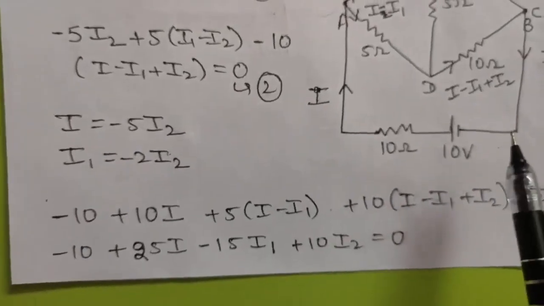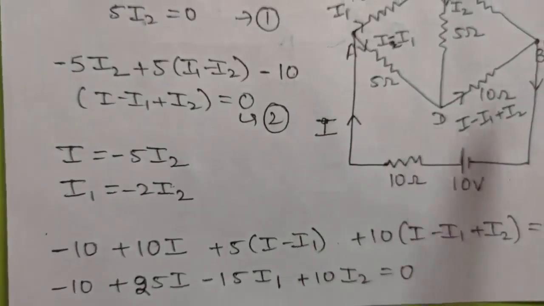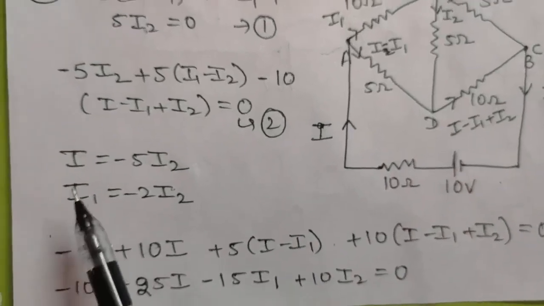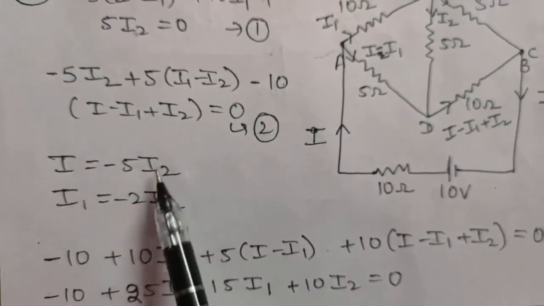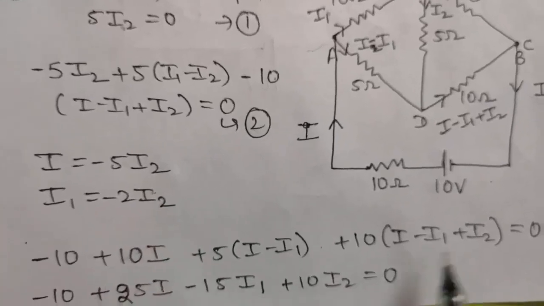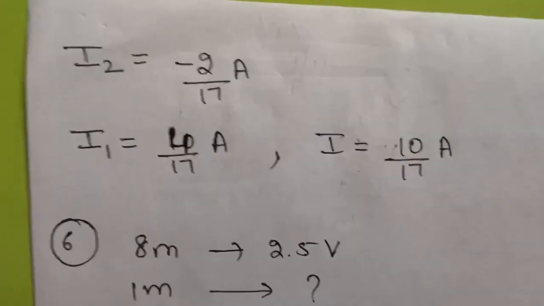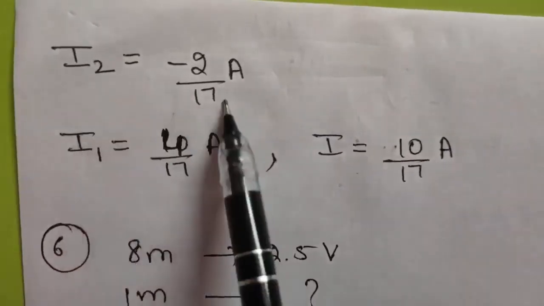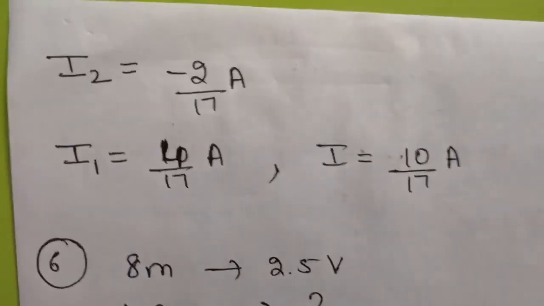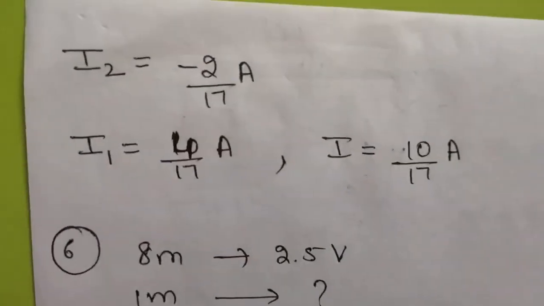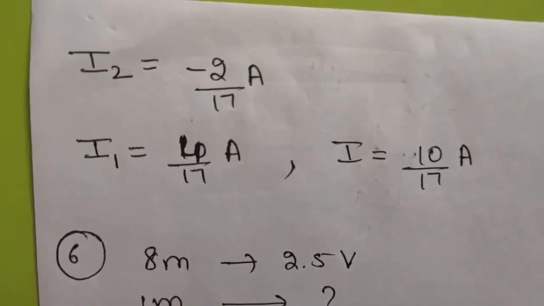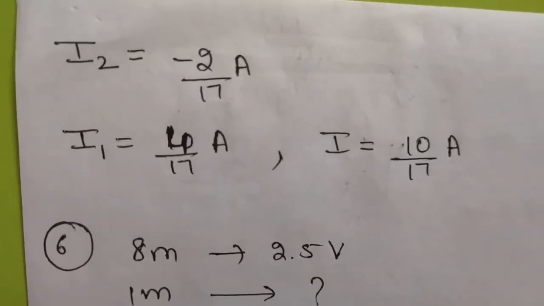Again, I am going in anti-clockwise direction. So when you make the Kirchhoff's law equation, it will come to be this. Now you know the values of I and I1 in terms of I2. Put them here and calculate the value of I2. From here you will get the values of I2, I1 and I. Now you know these three and you know the current flowing in each branch, that is I1, I2, I1 plus I2. So respectively you can calculate the currents in all the branches.